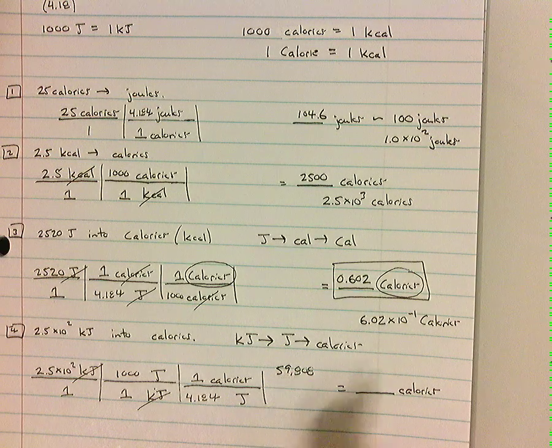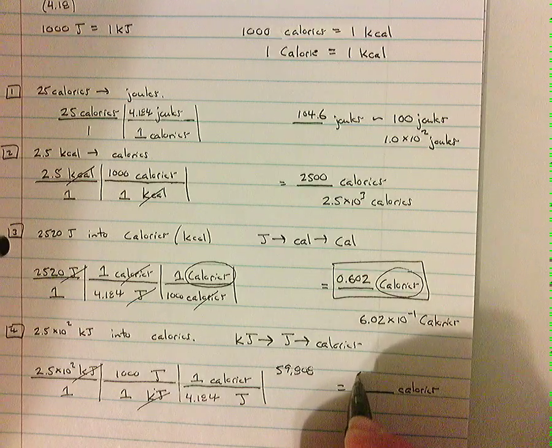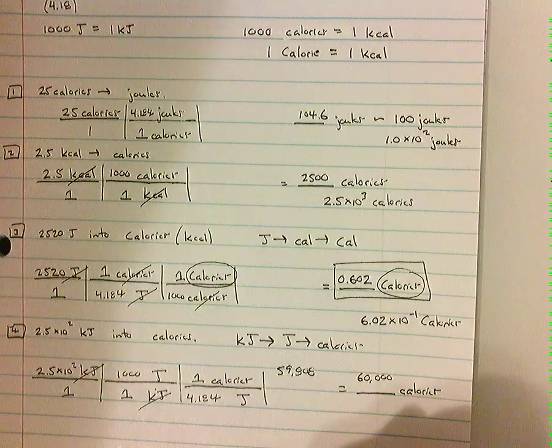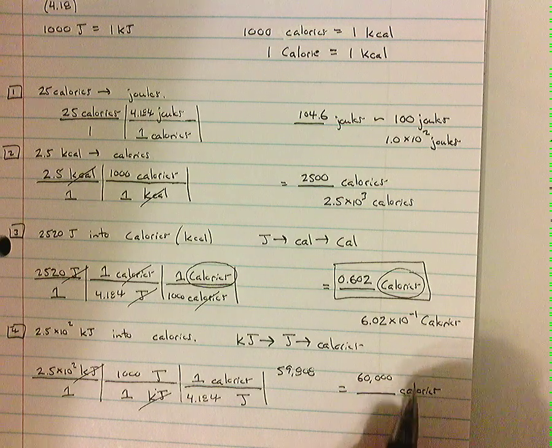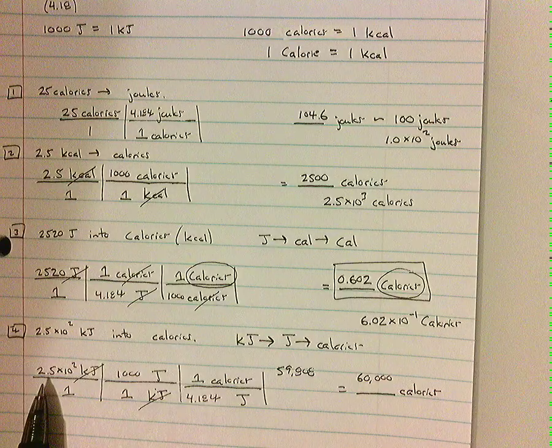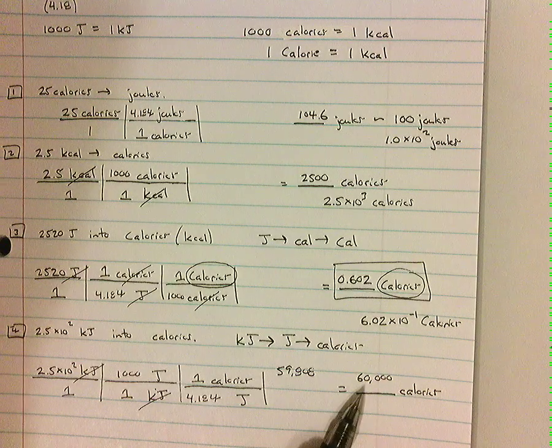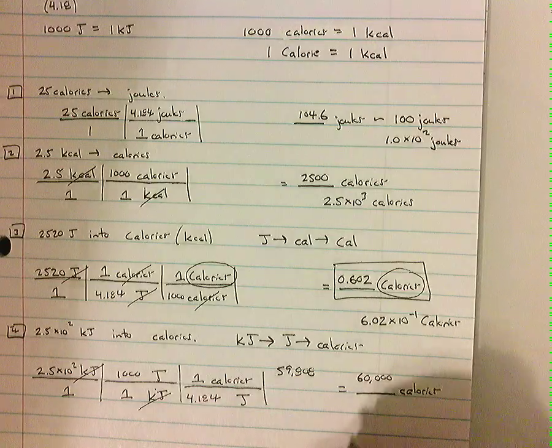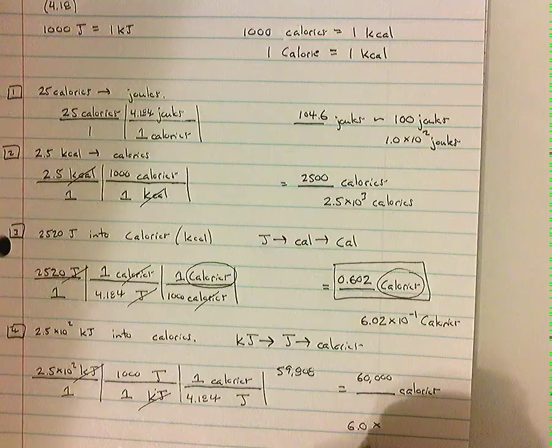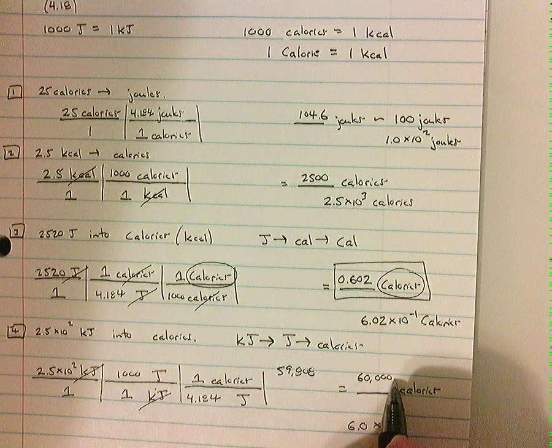Yes, it does. So this is effectively 60,000 lowercase calories. If I wanted to put that into scientific notation showing the correct number of significant figures, again, 2 in the original problem, so I'm going to make myself have 2 in this answer. So I'm going to say 6.0, just so I have 2, times 10 to the